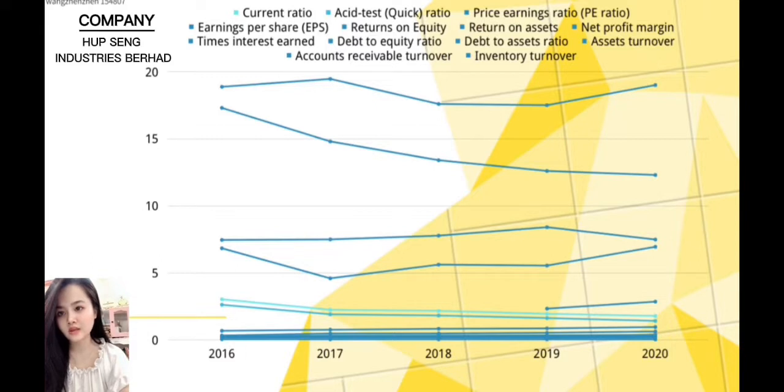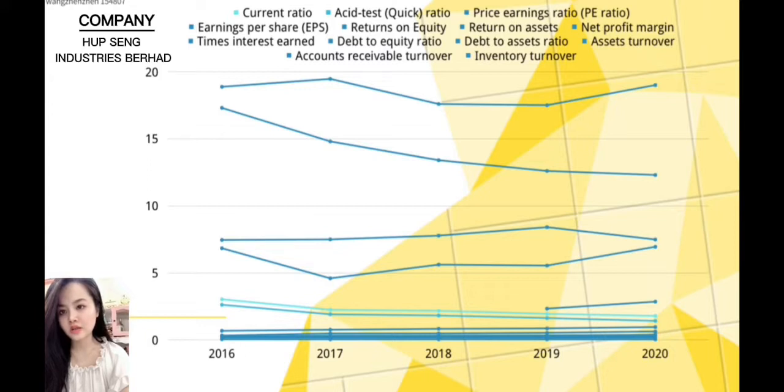Net profit margin changed from 17.3 to 12.3 year by year from 2016 to 2020. Return on assets declined from 0.021 to 0.176 from 2016 to 2020. Return on equity increased from 0.269 to 0.288 from 2016 to 2020.